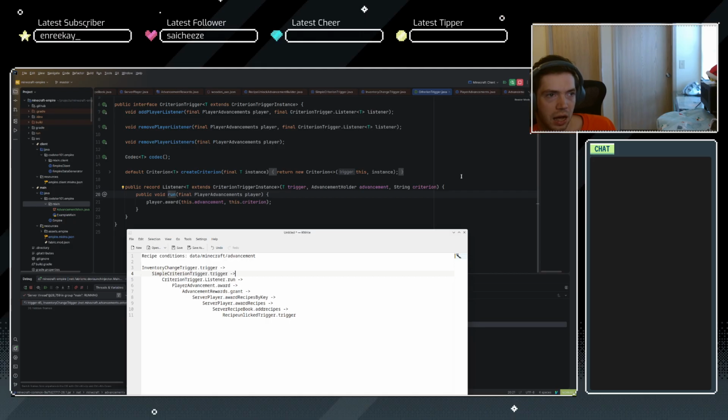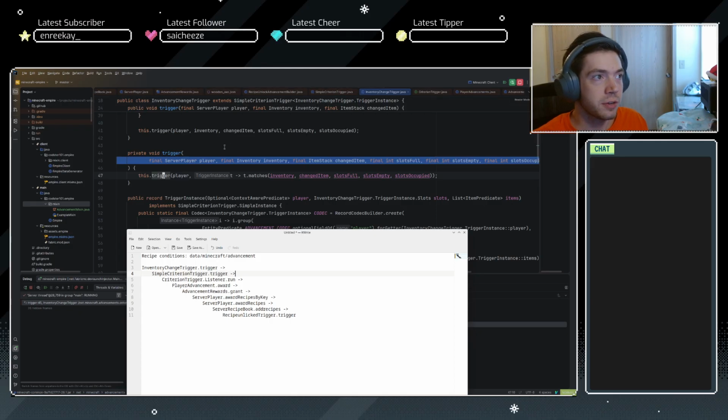Now, whenever an event occurs, let's take for example your inventory changes, a trigger is created that contains the parameters and the details of that event, right? So for example,